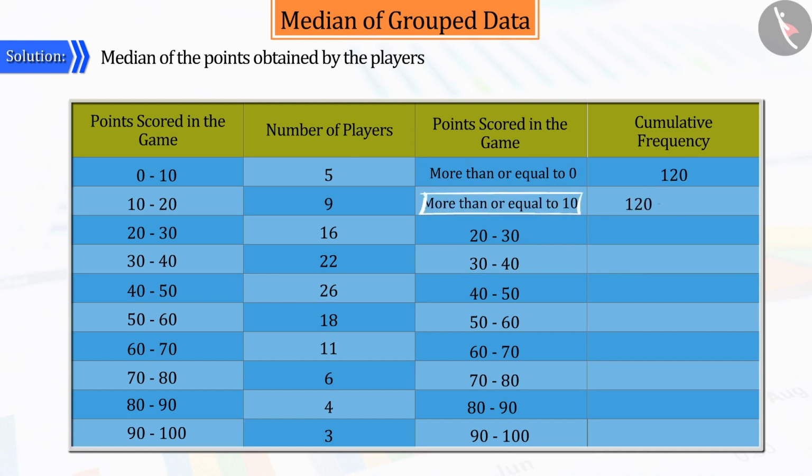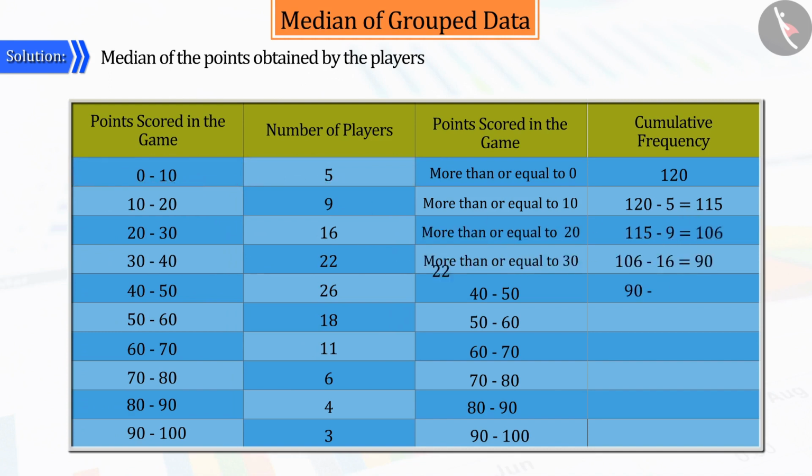Similarly, if we count the number of players who scored more than or equal to 10, then their number will be 115. Because 5 players have already scored the points of the class before that, that is, the class interval between 0 and 10. In this way, we construct a cumulative frequency column